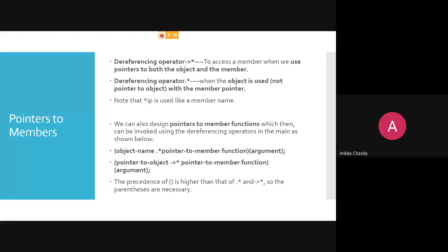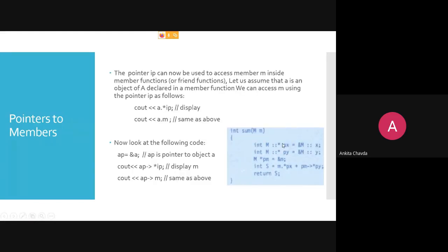We don't have any program for this. You can find it directly in your reference book. From there only I'm giving you this example, but there won't be any program. We will not ask you to write a program for pointer to object and all. No, we will only ask about the theory, right? And you can give a small example like this, showing how we can directly access px and py, and how we can create a pointer on the variable and a pointer on the object.